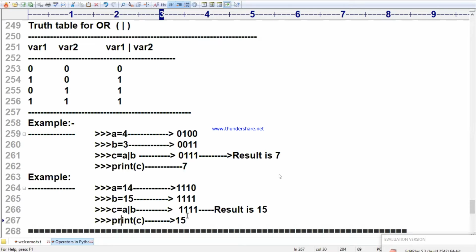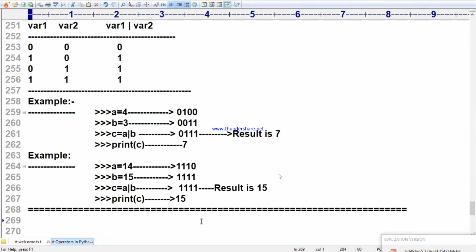Yes, good. Right, completed. Next, coming to the last operator, that is the sixth operator, bitwise complement operator.